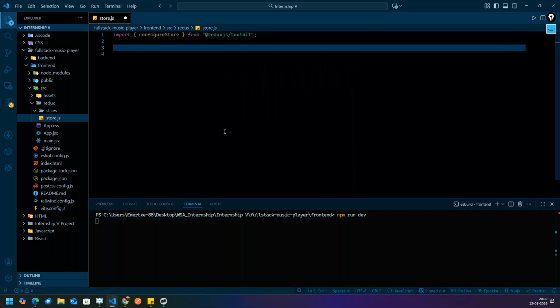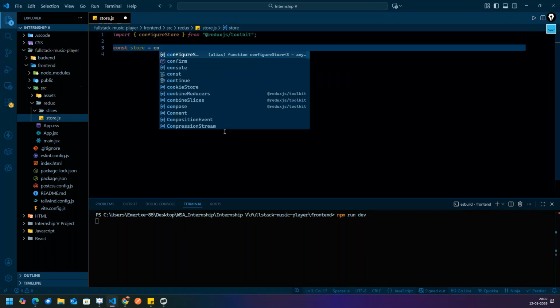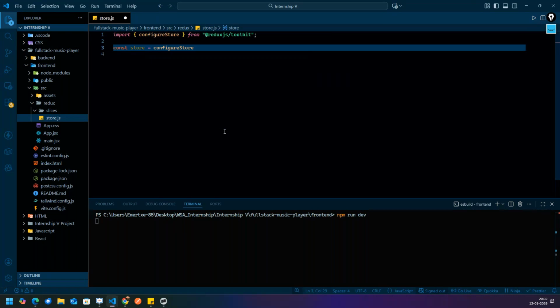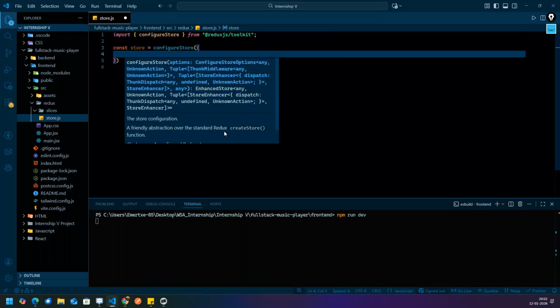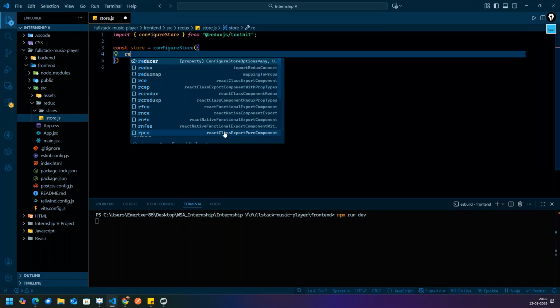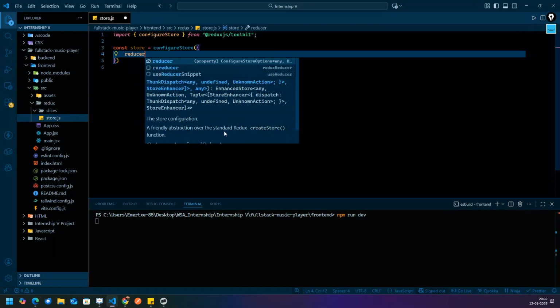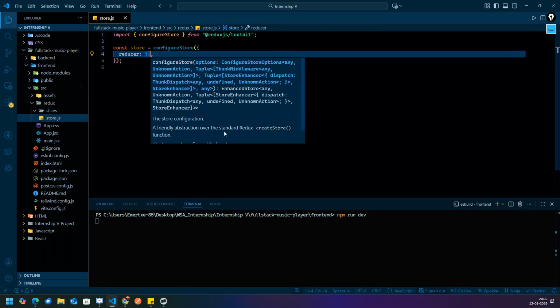Okay, then you have to write const store, you are creating a cupboard, is equal to configureStore, and over here it will have reducer, which will do some things.